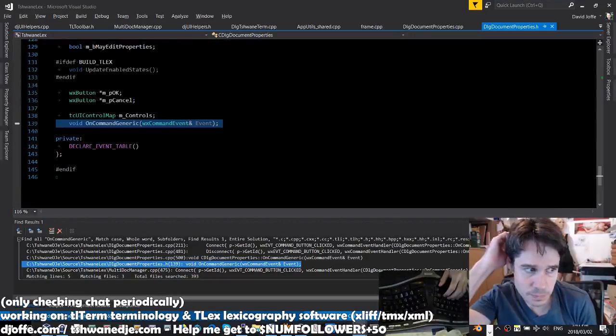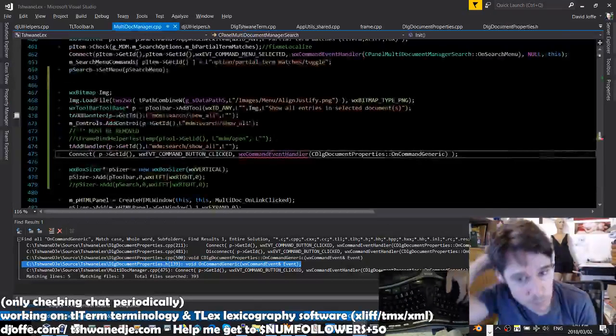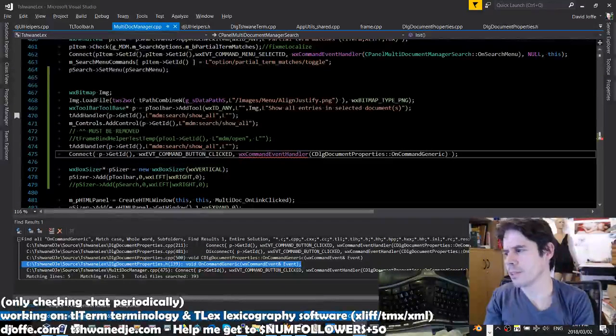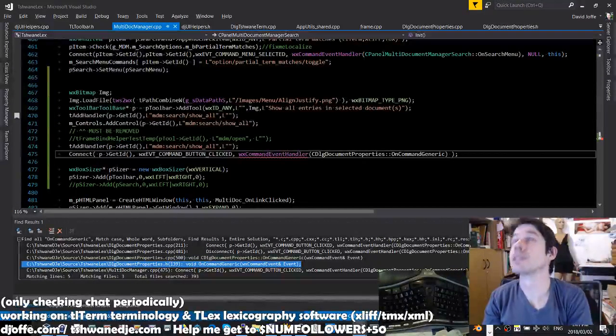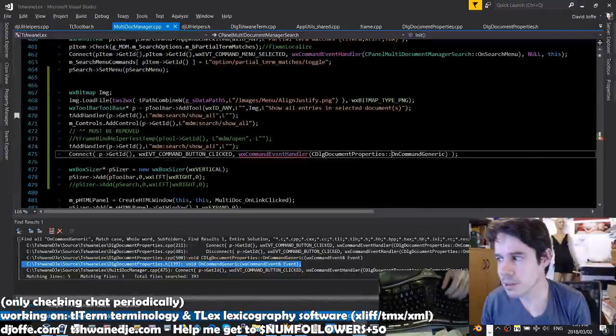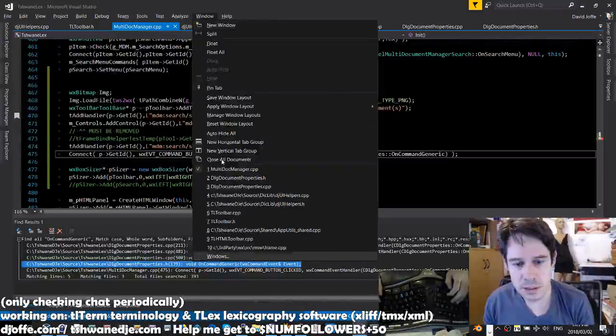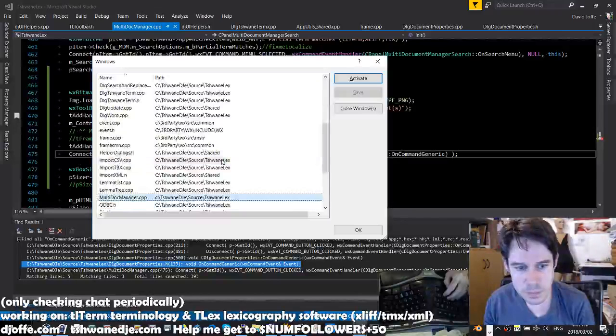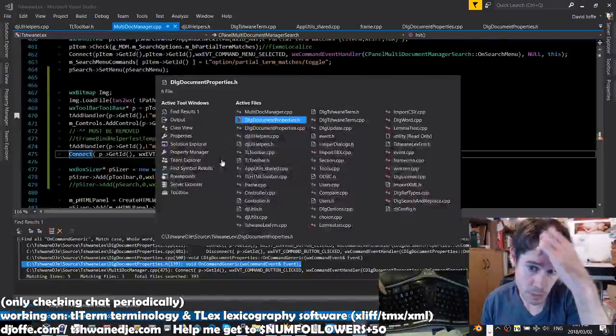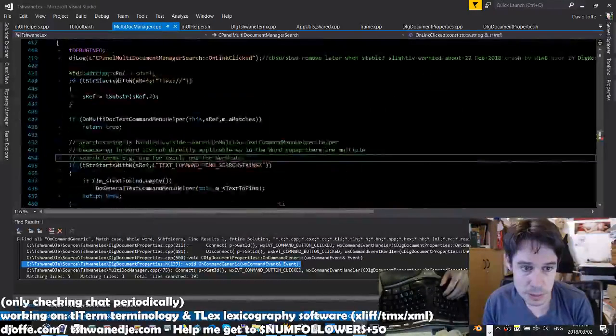Now I want to move away from even having to have that. Why do we need that? I think we might still need that one, just so in this panel,